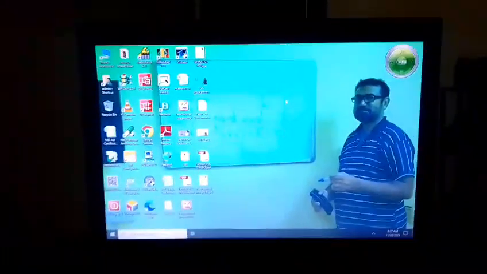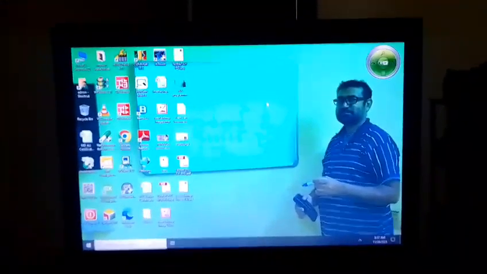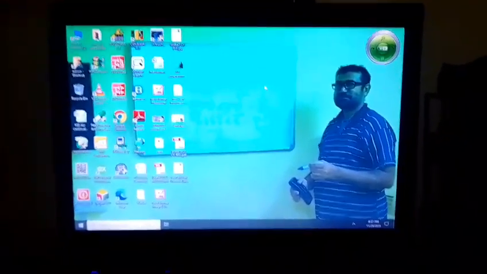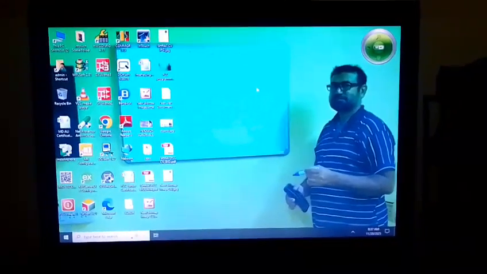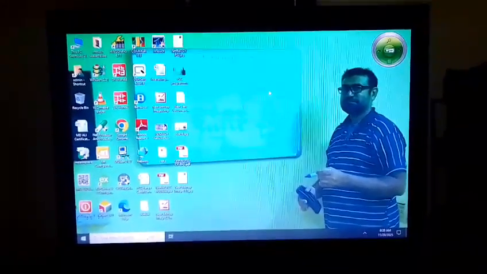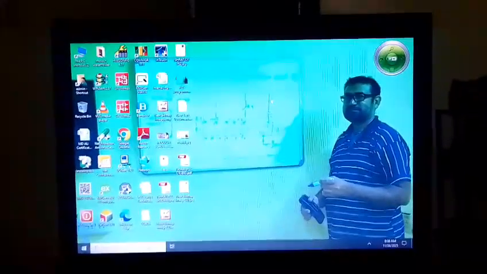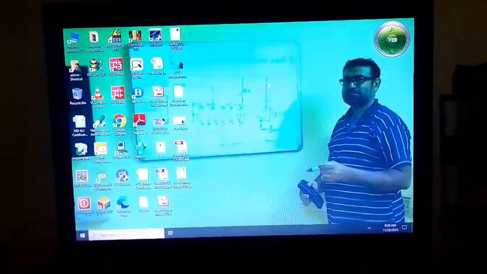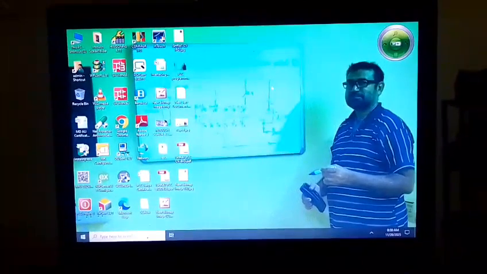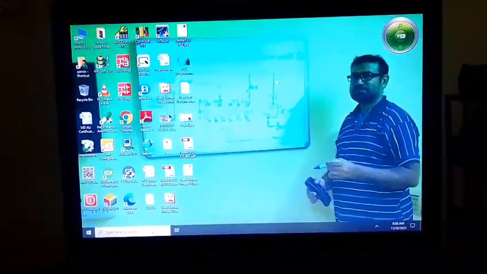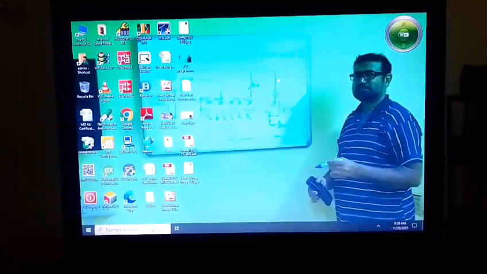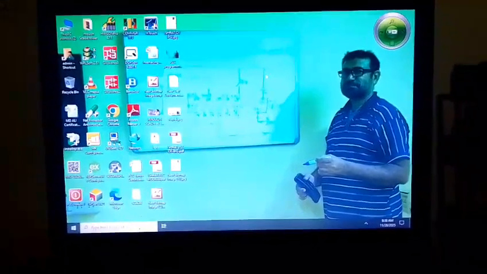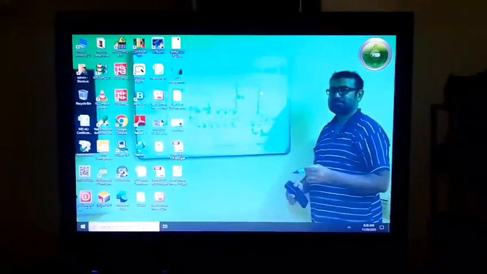Today I will show you the graphical user interface of a hoist or an overhead crane which is lifting a load from a loader and loading it onto the truck, and the truck will go, and another job will come on the loader and the crane will return from there and again lift it and load it into the truck, and the truck will go. This process continues in the factories.